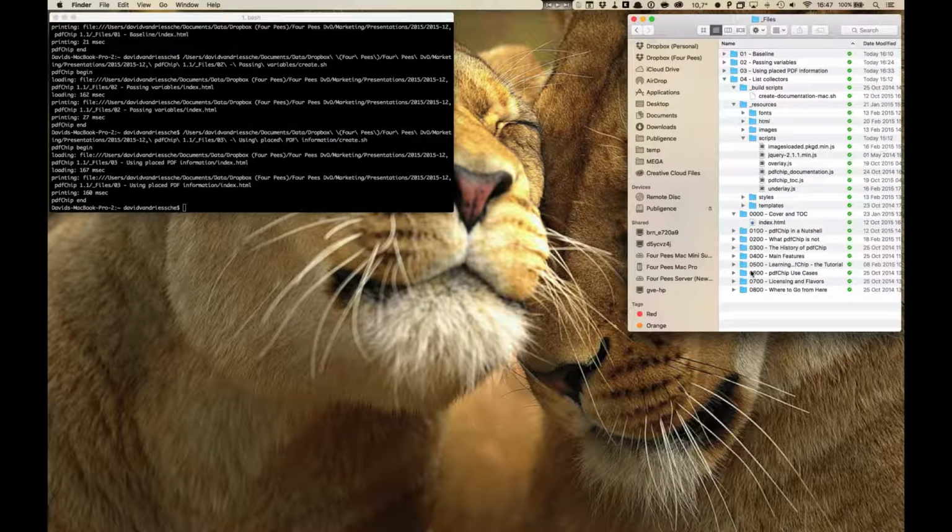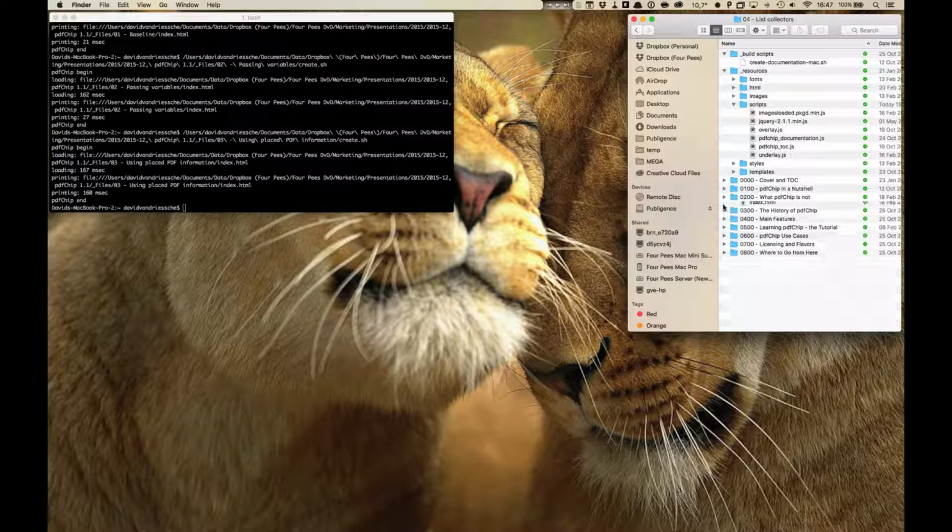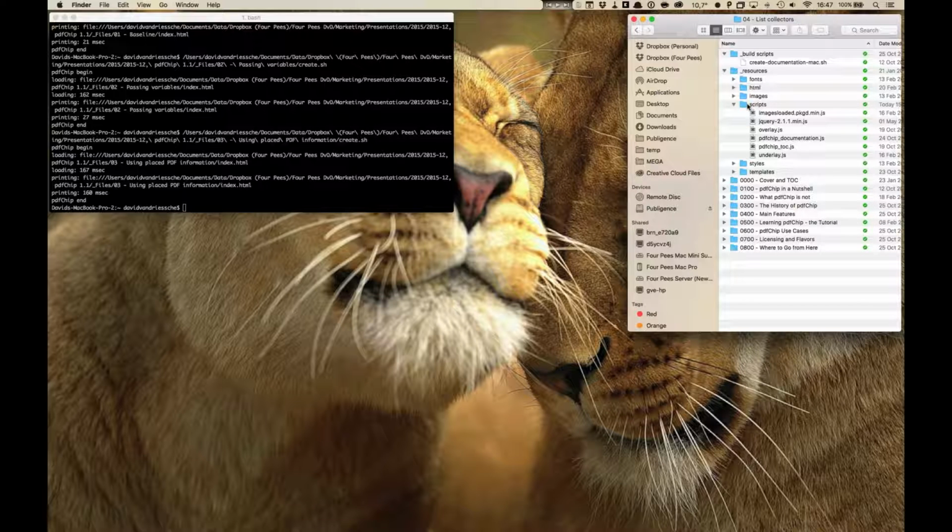And first of all, let me show you that I don't have, I'm going to go into this folder here. I don't have a PDF file. I have my index files. In this case, I have a lot of index files, actually. I have a bunch of resources that I use, and I have a build script. And if I look at that build script,